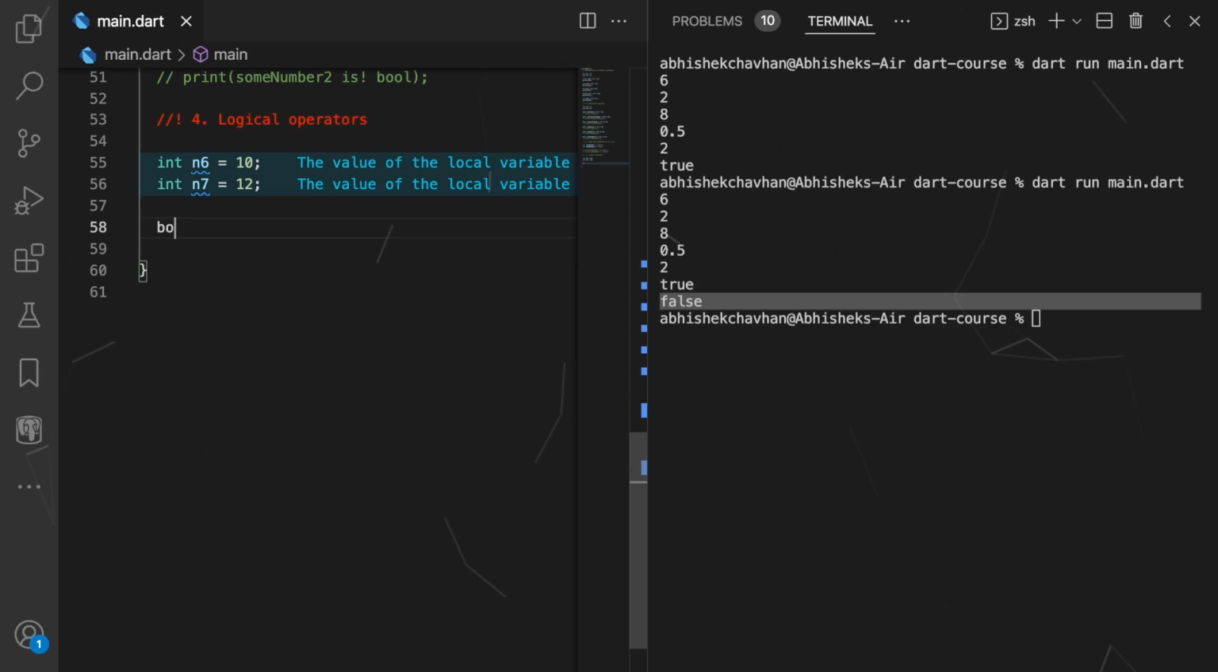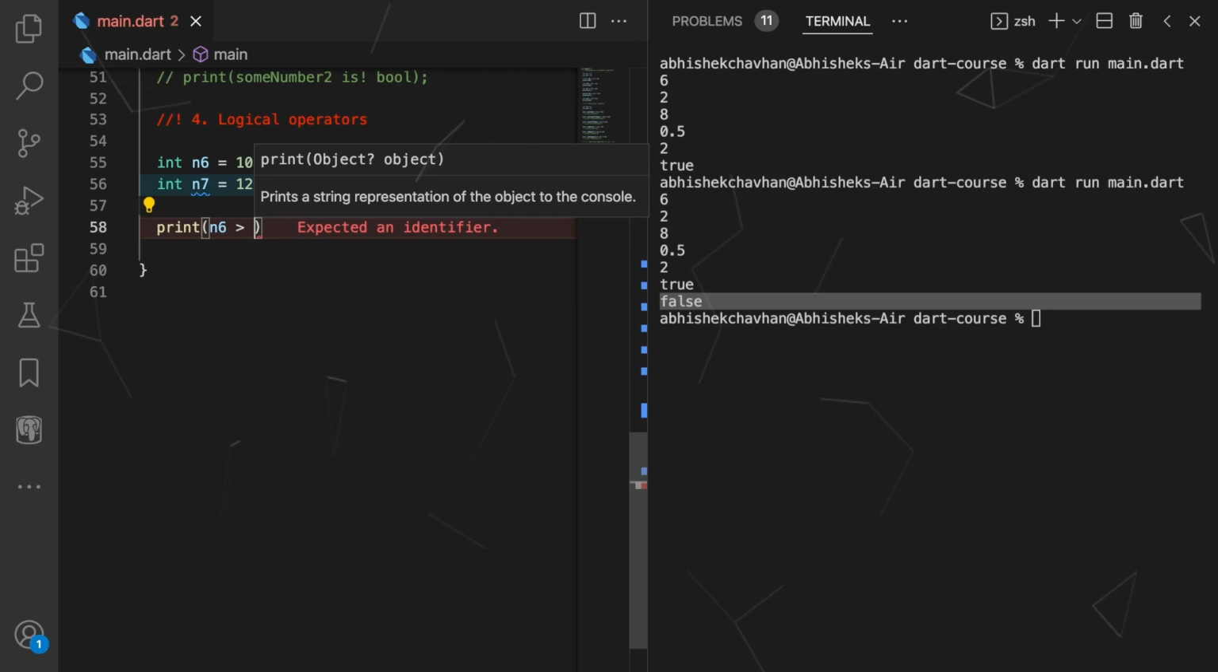Alright, let's say boolean sum. So here what I'll do, I'll simply say print n6 is greater than, let's say n6 is greater than 11 and n7 is smaller than 6. Right? So this is my print statement here, which is checking if n6 is greater than 11 and along with this n7 is smaller than 6. Let's run it out,